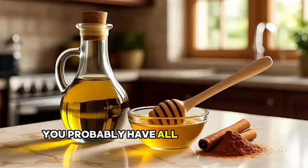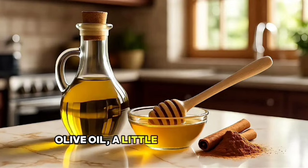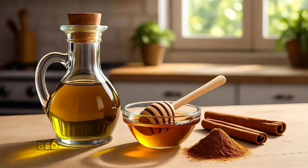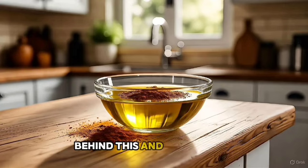You probably have all three of these ingredients sitting right now in your kitchen. Olive oil, a little raw honey, and cinnamon. But what happens when you combine them before bed might completely change how your heart and arteries function. This is not a fad or an internet trick. There's real physiology behind this, and it's a simple mix that can help your blood vessels heal and restore themselves